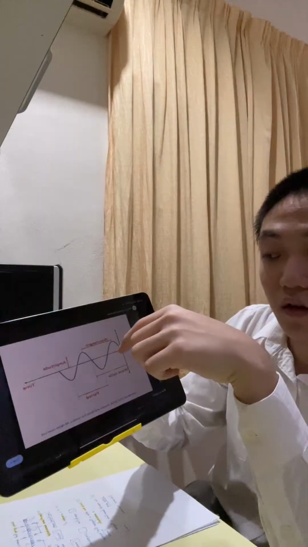Circle two letters in the diagram that represent a wavelength. So for wavelength, you can actually use C to C, compression to compression, or refraction to refraction. So what is a wavelength? As just now you can see here. As I told you, a wave cycle does not exist in examination, so we have wavelength. Actually, the wave cycle does exist, but it's not called wave cycle, it's called lambda. Alright, and the wavelength is actually